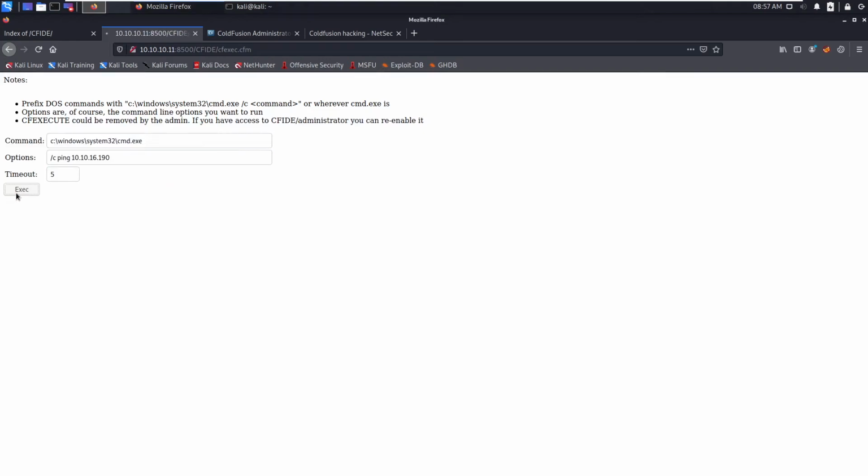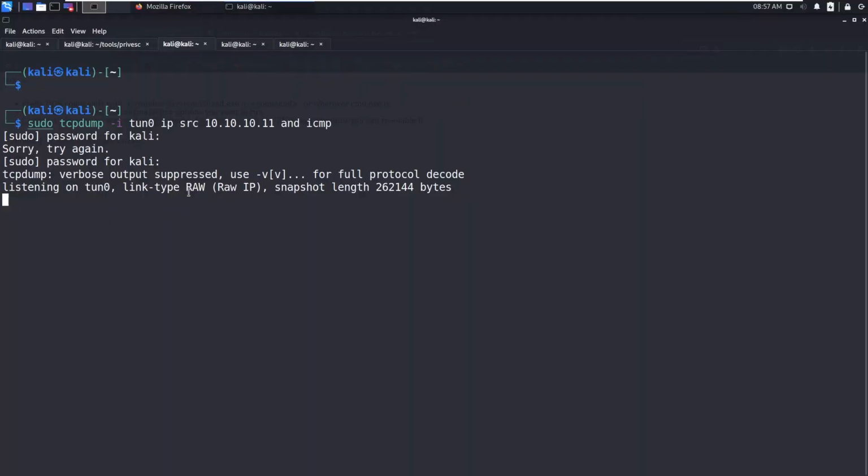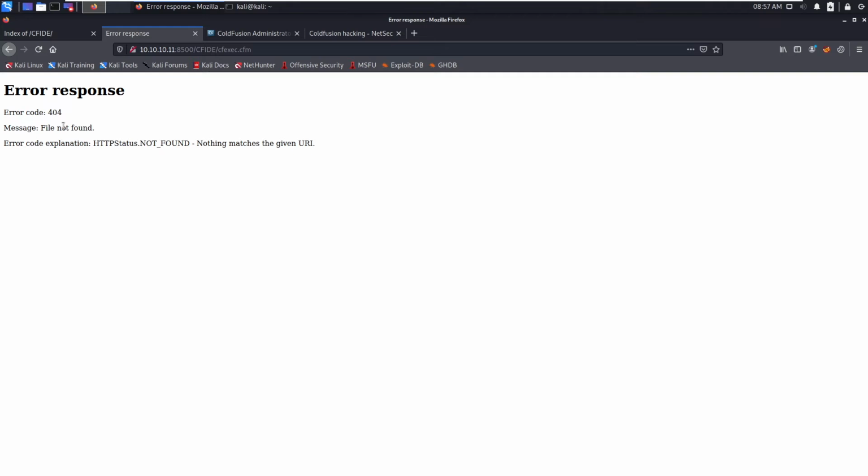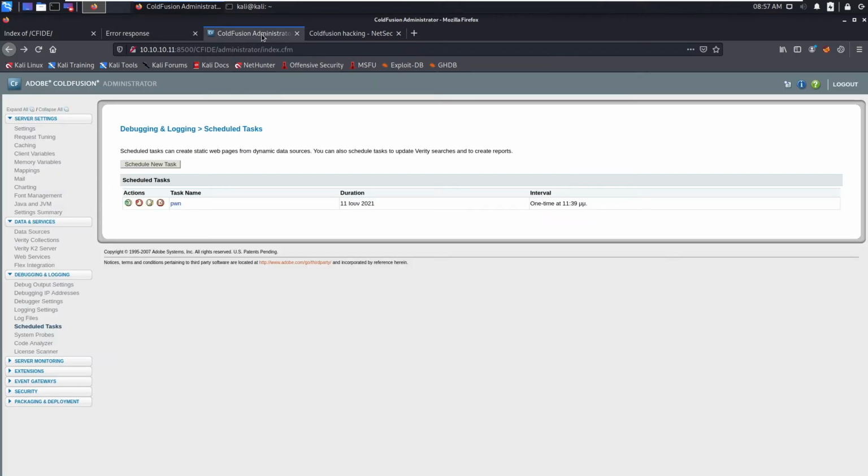So let's execute this one. If this is successful, we see the ICMP packets here from 10.10.10.11 to our Kali Linux box. Error response, file not found.